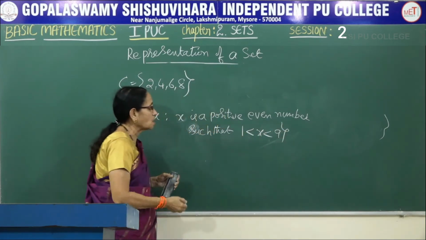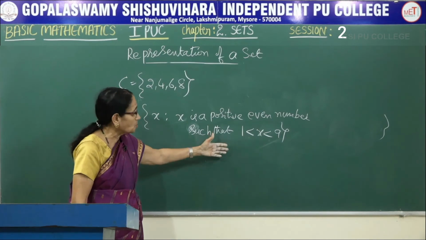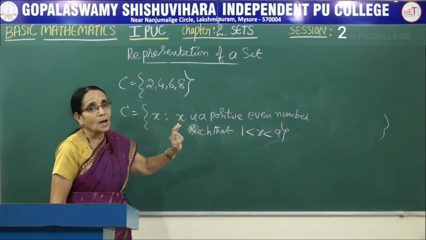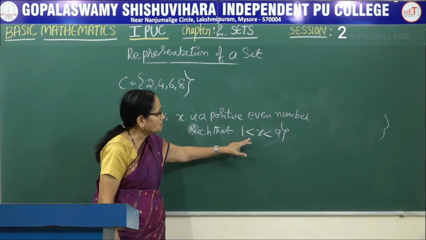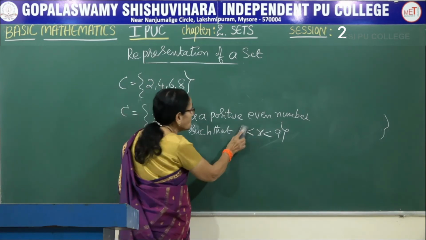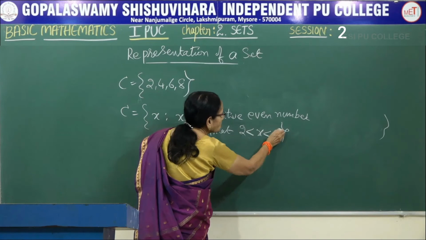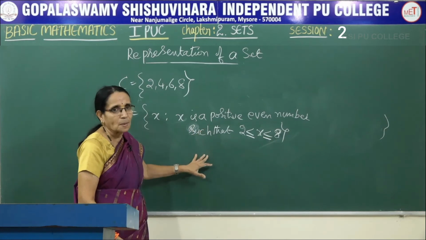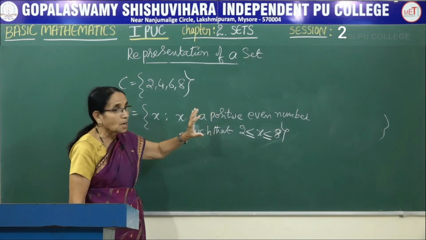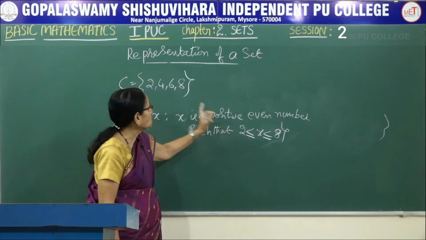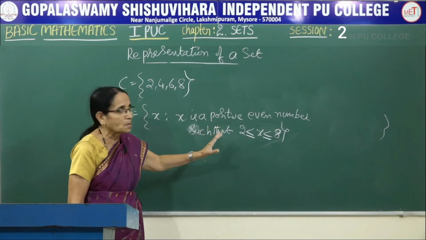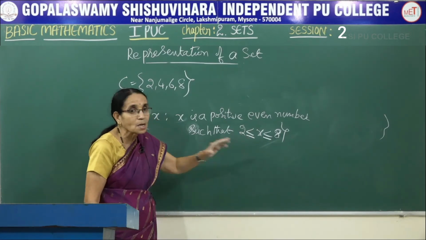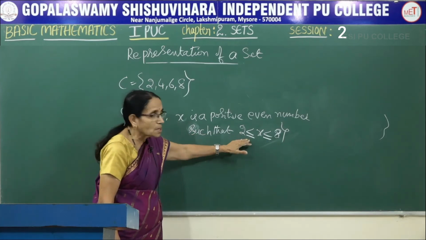Don't write the equality sign here. Whatever I wrote in words, between 1 and 9, can also be expressed using the inequality. So such that 1 less than x less than 9, or you can write like this also. If you write 2 here and 8, you have to include the equality there. All of them mean the same thing. But whatever you write, you have to write it clearly. If you use the inequality, use 1 and 9, because the numbers are lying between 1 and 9. If you use the equality also, the first number is 2 and the last number is 8, because 2 and 8 are included, since we are including the equality sign also.